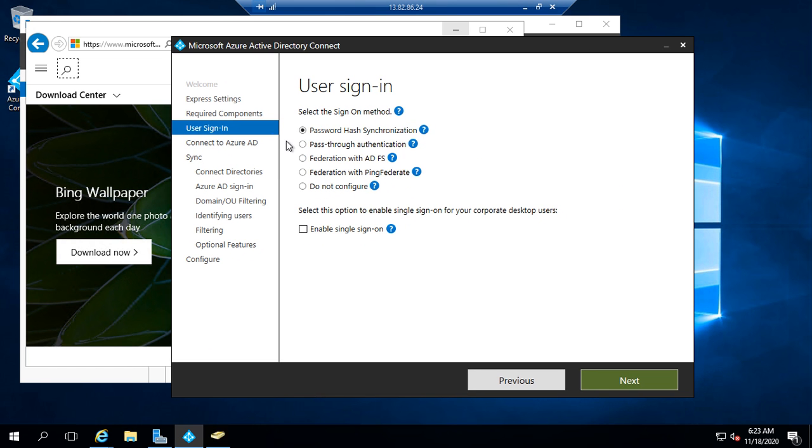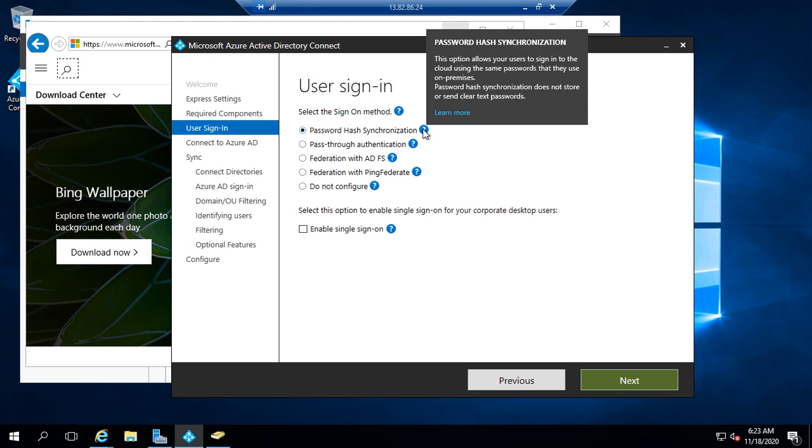So right here, the next thing that you have to select is what kind of user sign-in method you need. For this lab, we're going to use password hash synchronization, and if you click on it, this option allows your users to sign in to the cloud using the same password that they use on-prem. Password hash synchronization does not store or send clear text passwords. So your password hashes